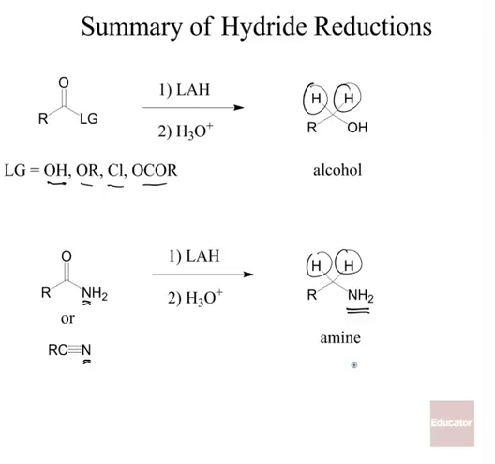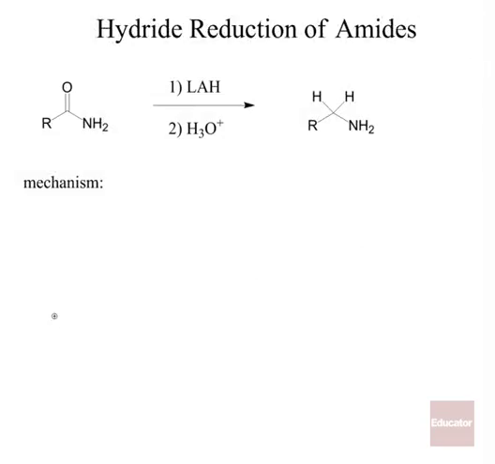So let's take a look at this mechanism, though, to see how we can get to an amine from something like an amide. And what happens in this mechanism first is a little unusual, and that's because our amide is slightly acidic, and we're reacting with hydride, which is a very strong base. And so the first thing that happens is we deprotonate the amide. Now, rather than just draw this as the anion, I'm going to add in this salt. Remember, this was